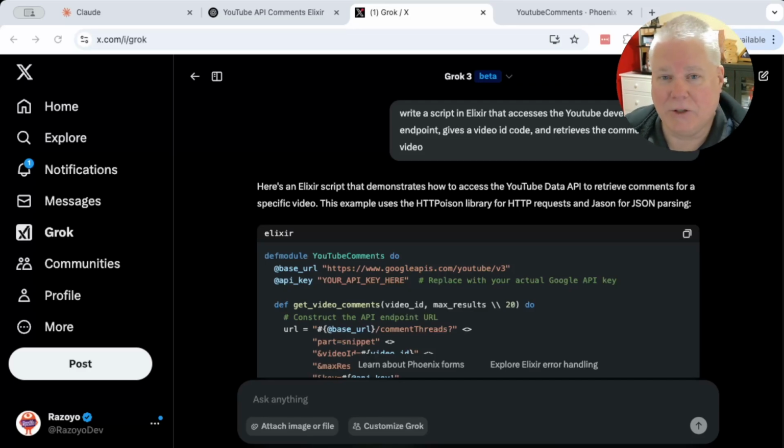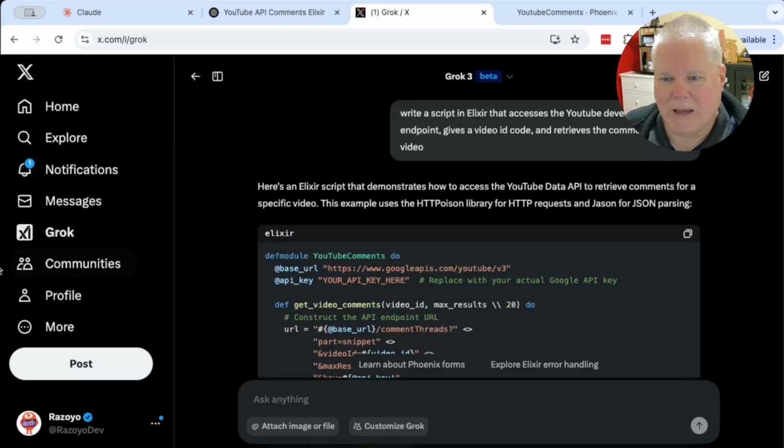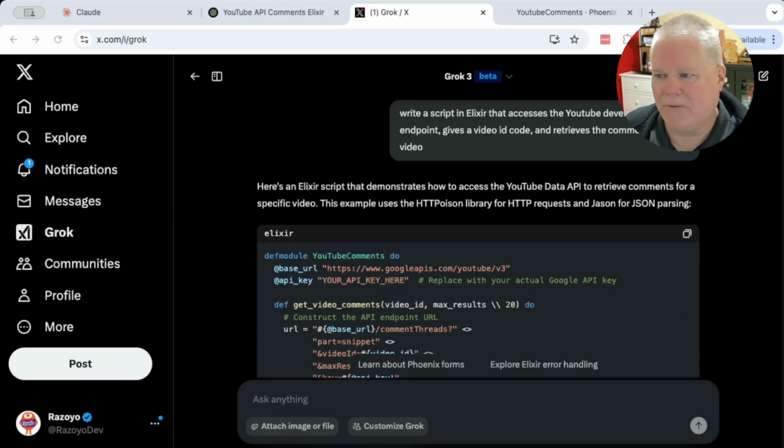The first thing I had it do was to write a script that grabs comments from YouTube videos, which seems like a relatively small thing to do, but you're connecting via an API over the internet. I'm not going to show you the actual script that came down here. I will show you that this came out to be really quite favorable.